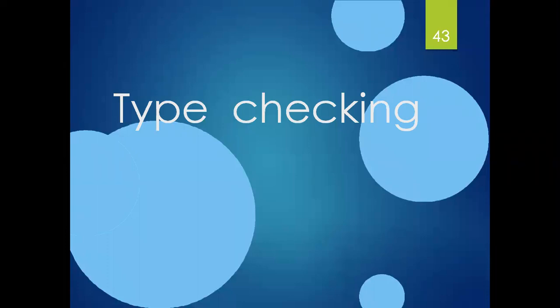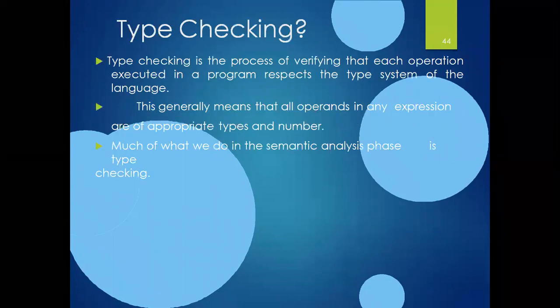The second thing is defining the data types. The data types of the identifiers are obtained, and the type checking of the whole expression and the statements is done in order to follow the type rules of the language. And the next thing is identifying the scope of identifiers. After knowing the need of semantic analysis, these are the points that come under why to learn semantic analysis and what is the need of it.